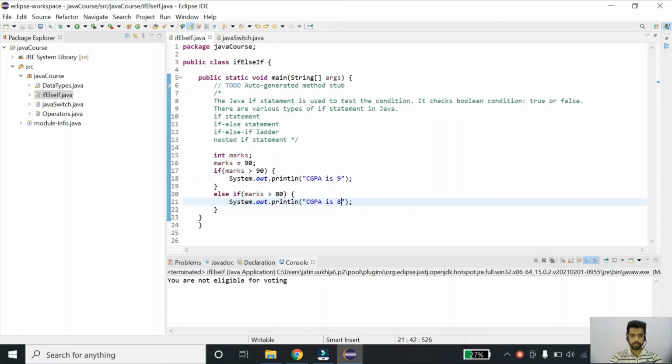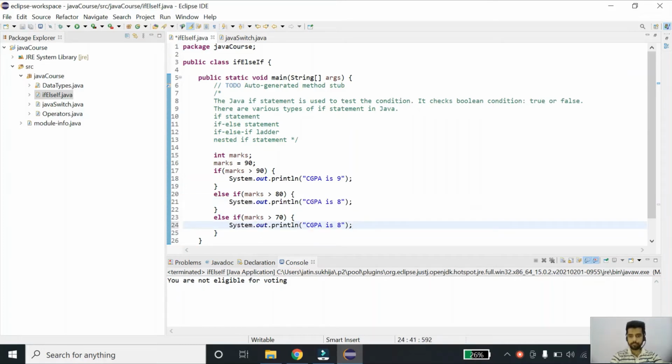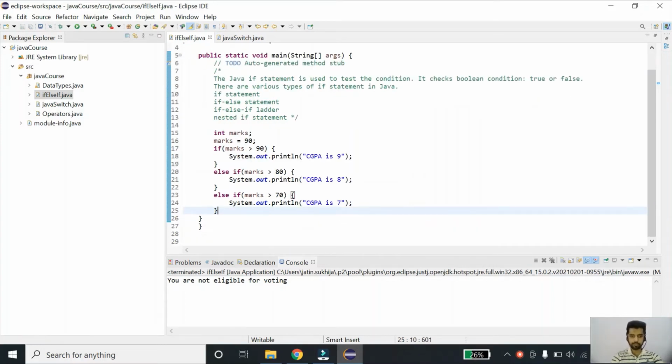One more, if I put in else if my marks is greater than 70, CGPA will be 7. Now for all other condition I'll put your CGPA is low. For that I'll put only else condition.